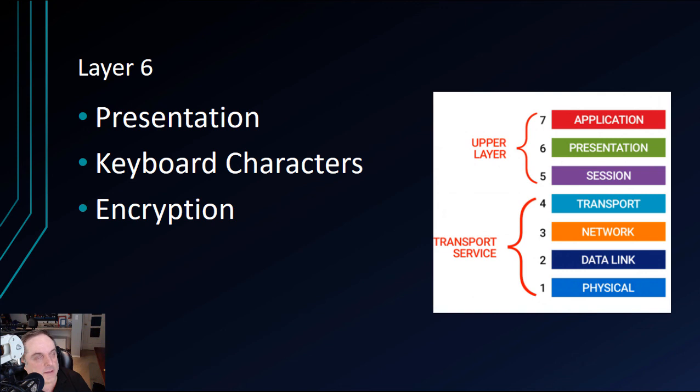Now, keyboard characters has to do with different languages. If you have a US keyboard, maybe a UK keyboard, maybe a Japanese keyboard, all those different characters are handled by the presentation layer. So if you're having a problem with those devices, it could be the presentation layer. How do you troubleshoot it? Well, you can't. There's not going to be a button for the presentation layer or any of these other layers. You just need to know where these layers fit when sending data. It's not that you can reach out and grab any of the OSI layers. This is all more theoretical rather than physically being able to get your hands on them.